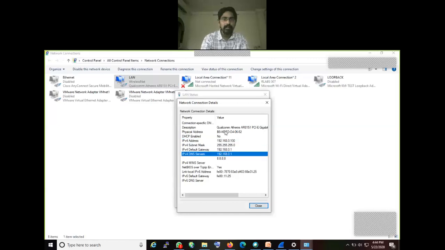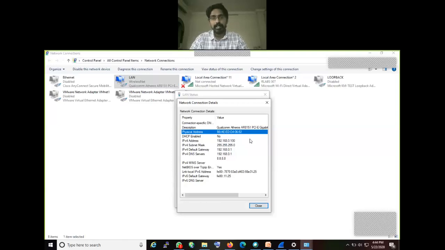But of all these, we have a physical address. Physical address is nothing but MAC address. It is unique for every system. Like the IMEI number for every mobile, each computer device or a router or a switch contains its own unique MAC address, right? So how many hexadecimal values will there be?